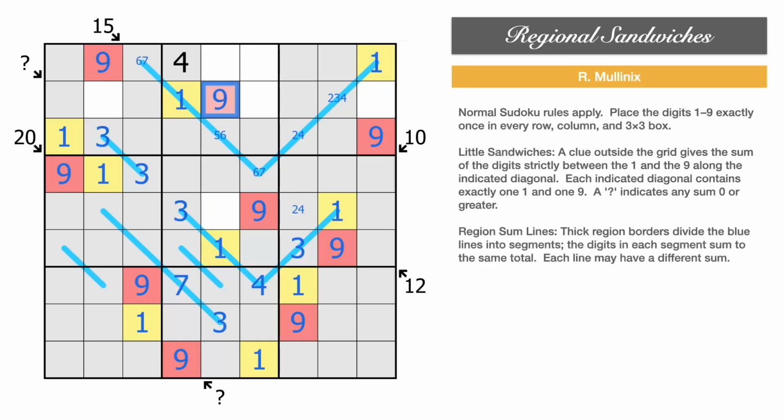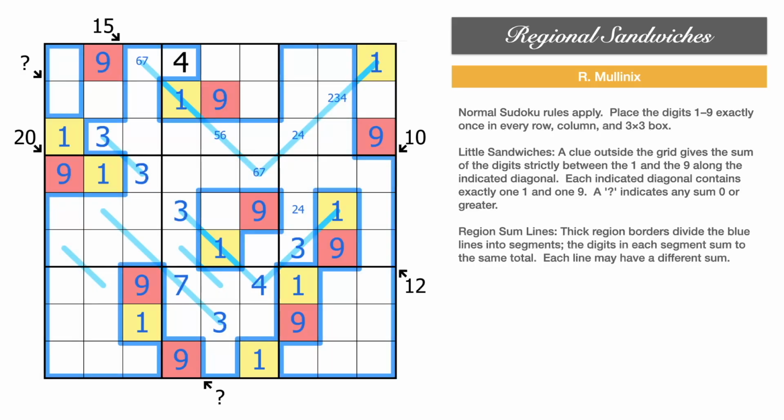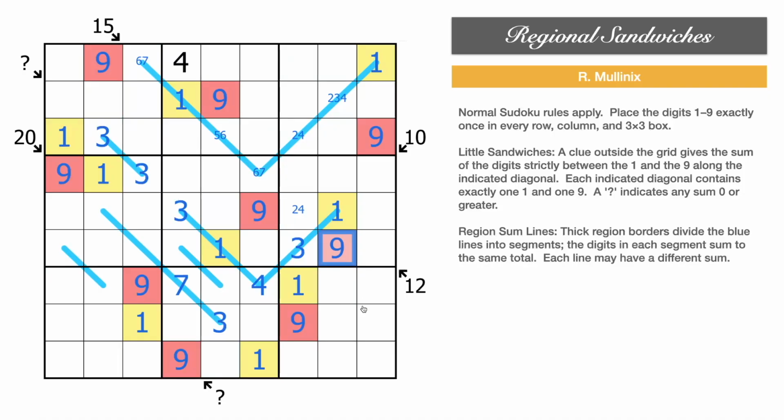And now we have all the 9's and 1's placed. So I'm going to just get rid of the grays. We don't need that anymore. However, let's see what we can put here. So this is 12. So we can't use 9 and 3 because 9 is across. 8 and 4 doesn't work because 4 sees this and this is a 2-4 pair. So you can't put 4 here. So it's either